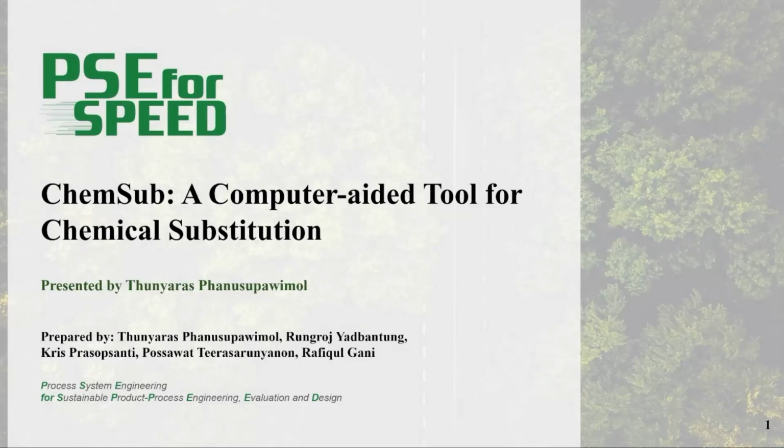Hello, everyone. Today, I would like to present our work, ChemSub, a computer-aided tool for chemical substitution. This work focuses on one important challenge in chemical engineering and product development: how to identify safer and more sustainable chemical alternatives in a systematic way. To address this problem, we developed ChemSub, which integrates chemical properties, hazardous effects, regulatory information, and substitution analysis into a